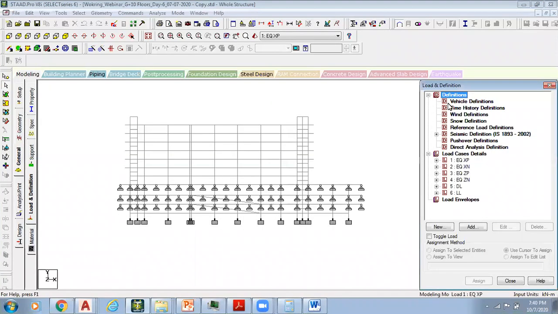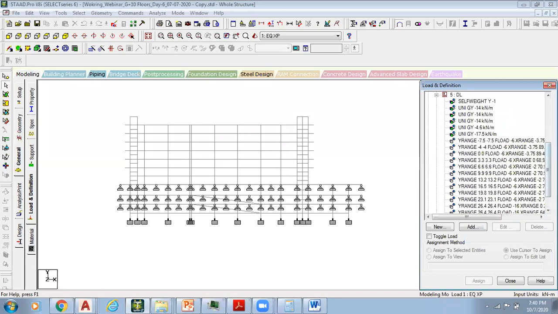Yes, of course, this is the seismic definition. These are the list of the loads: earthquake positive, negative, Z positive, Z negative, dead load, and live load. We also know how we have added those loads, like adding this sulfate, then 14 kilonewton per meter load, and then 4.6 as a parapet wall, and 17.5 kilonewton per meter is a staircase load,